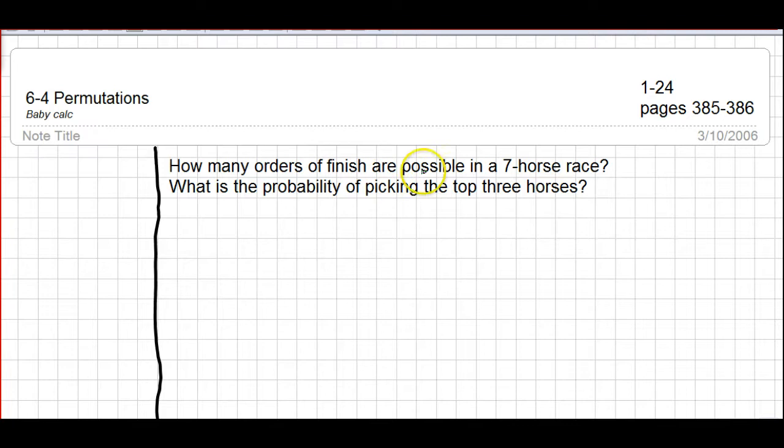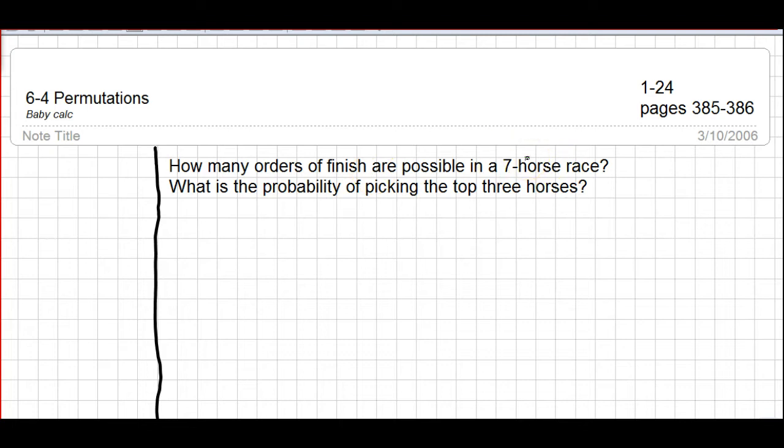How many orders of finish are possible in a 7-horse race? Keep in mind that this doesn't have to be related to horses. It could be cars racing like NASCAR, or it could be people running around a track. But anytime you have people finishing in a certain order, that's the type of question you want to be considering